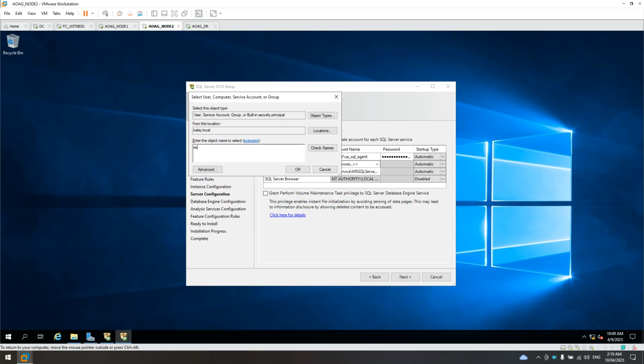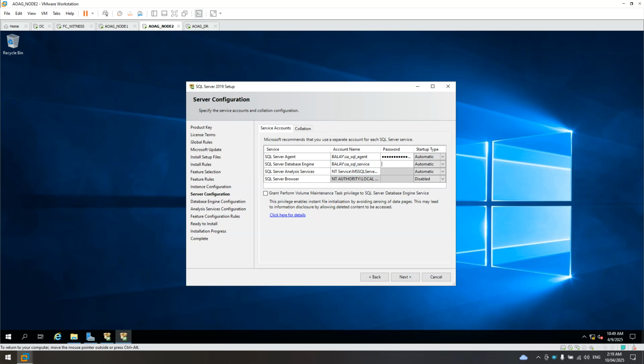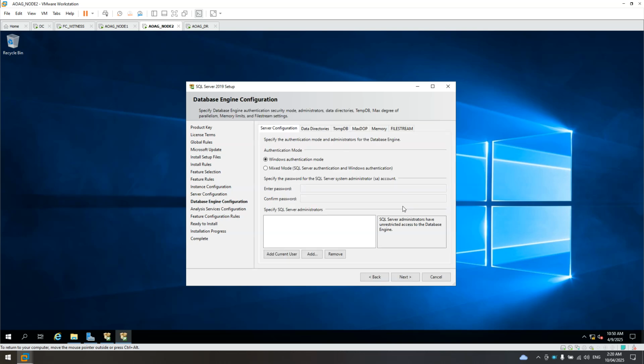Type in the service account SQL service. Okay, then type in the password. I'll leave the settings here, just click next. And mixed mode. Make sure the SA password is created. Add it as the system admin password. Make sure you keep this password.